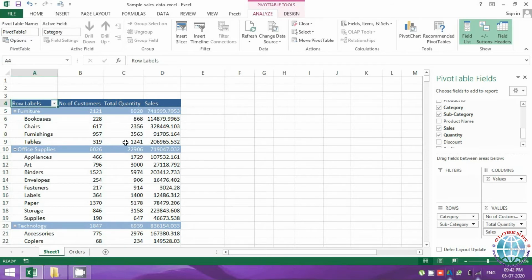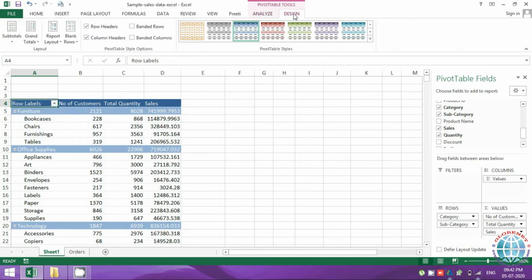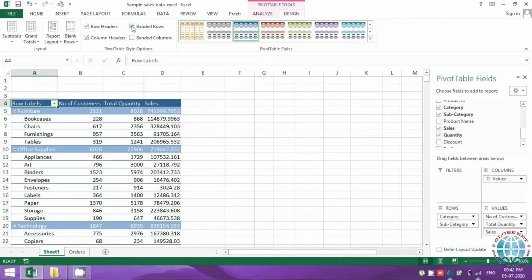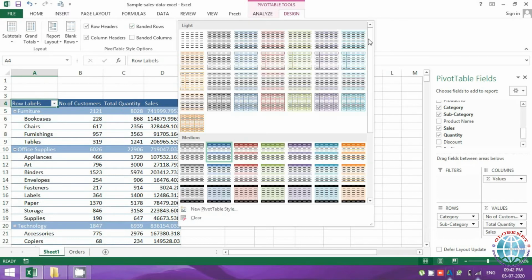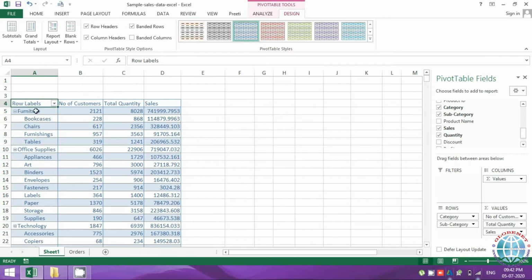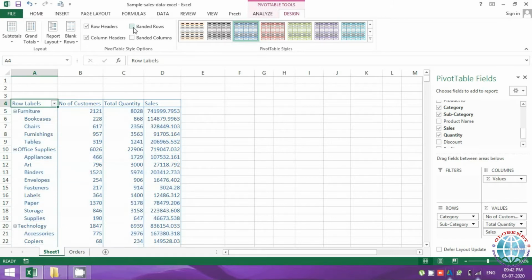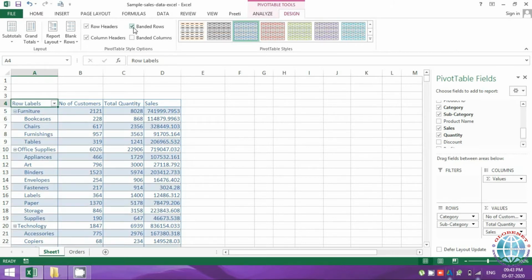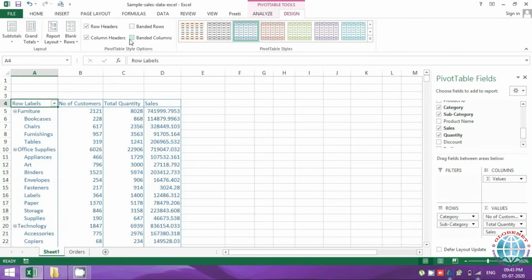So now I've created a bigger view as compared to my earlier pivot, and I want to explore some of the design options. We've gone through formatting. Now there is something called banded rows and banded columns. This is purely formatting, and you can understand it better in light formatting. Banded rows is nothing but alternate rows being colored. If I deselect this, this is how it looks, and if I select it, this is how it looks. Again, it's completely based on your requirement.